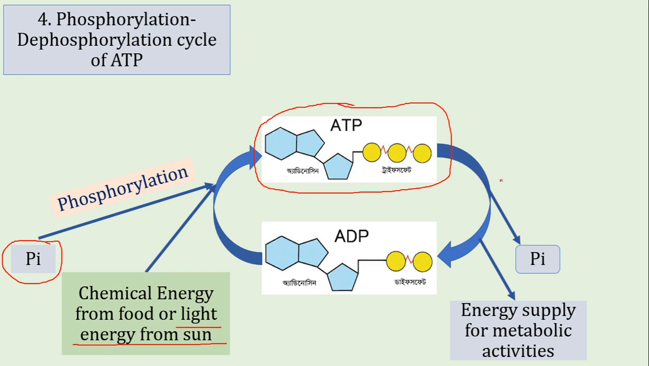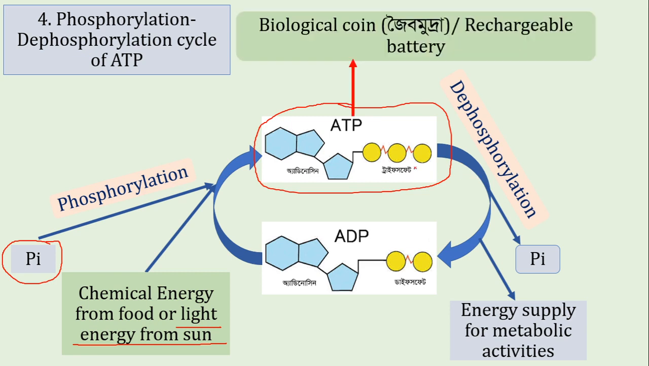This released energy will be used to perform different metabolic activities. This breaking down of the phosphate group and release of energy is called dephosphorylation, because here we are releasing a phosphate group. So the definition of dephosphorylation is when ATP releases a phosphate group to convert into adenosine diphosphate and also releases a good amount of energy. This ATP is called the biological coin,